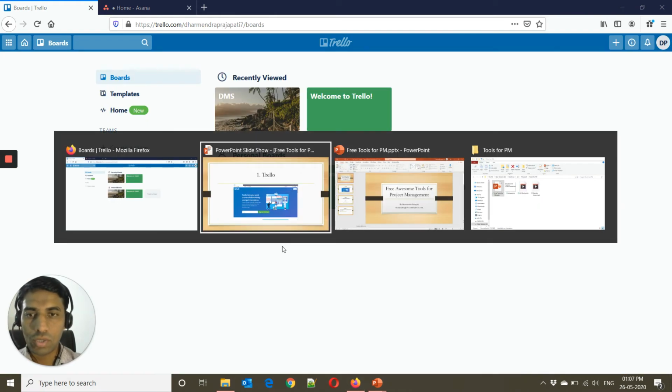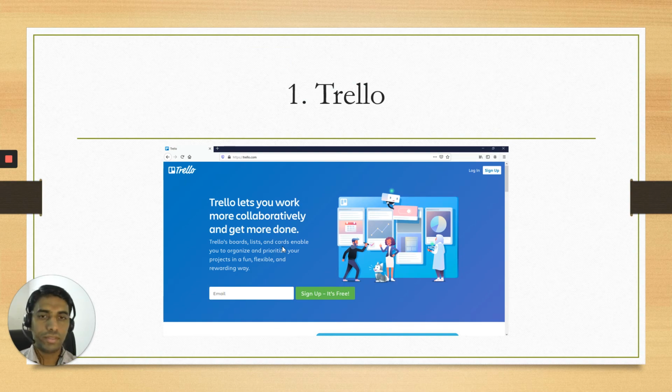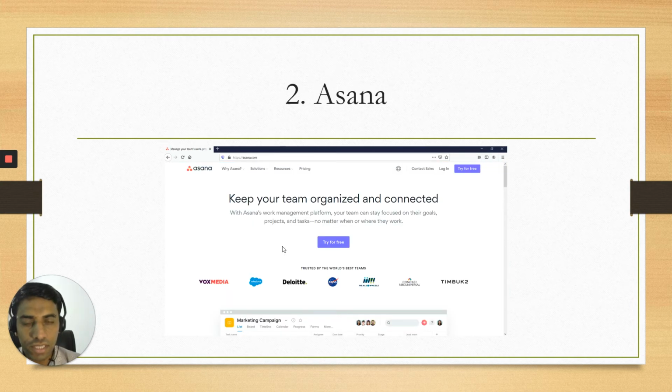So let's go back to our slide. This is one of the basic features that I have just explained. I will create another video where you will see much more detail about Trello. The second tool that I have experience with is Asana. Asana is also one of the good project management tools, and it allows